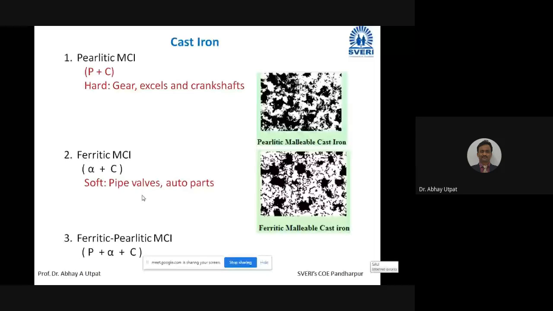Okay. So these are the options of pearlitic malleable cast iron and ferritic malleable cast iron. I have explained the rate of cooling: if it is moderate, it is pearlitic malleable cast iron, and if it is low, it is ferritic malleable cast iron. The microstructure will be ferrite plus C. So application is producing gears, axles,